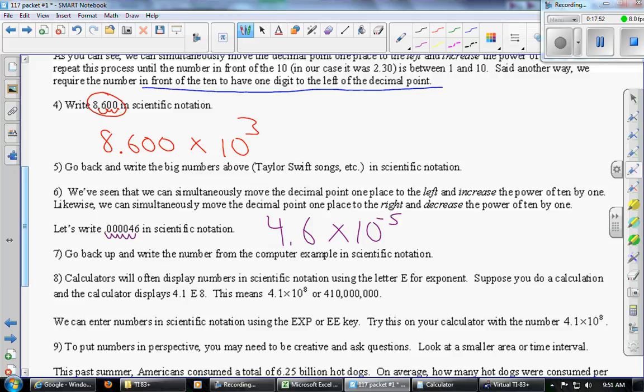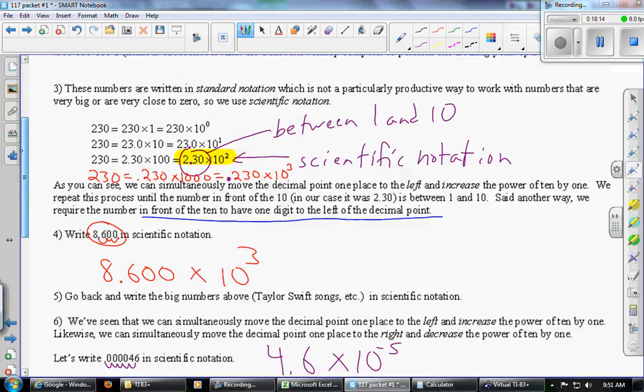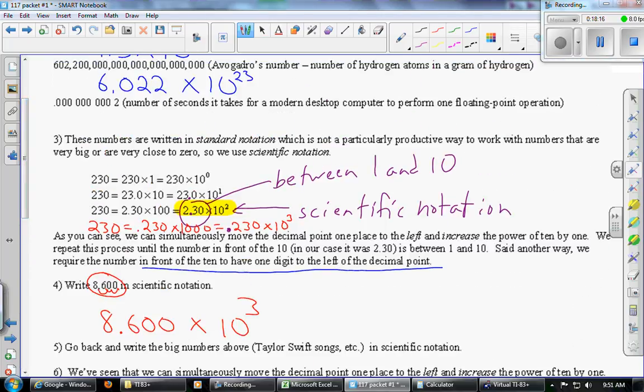That's it. So if you go the opposite direction, if you go the quote wrong way, it's just a negative, that's all. So it's the same pattern, but backwards. Are there questions on that one? So you count how many places you move, not how many zeros. There's 4 zeros there. It's not negative 4. It's how many moves. Okay, go back up to this calculator, or the computer number, this one with the zeros